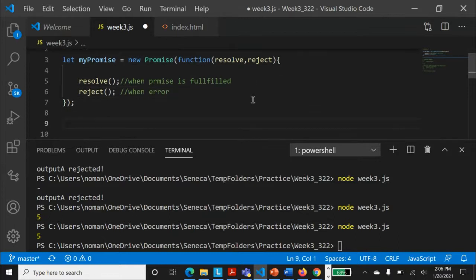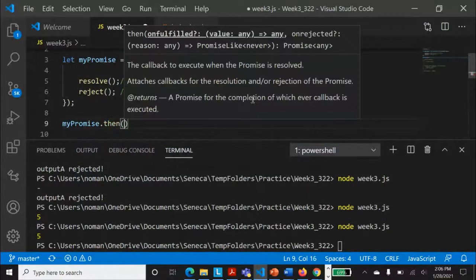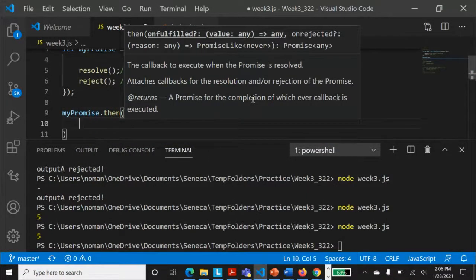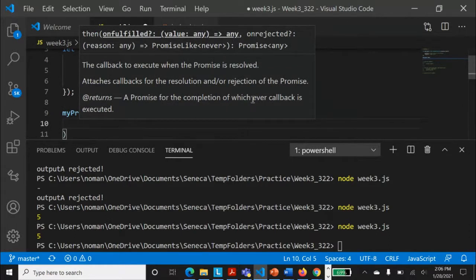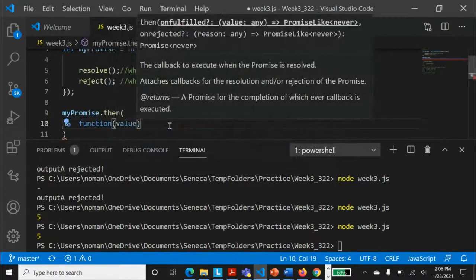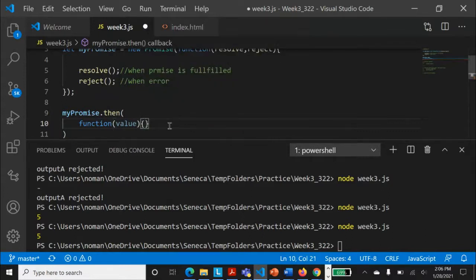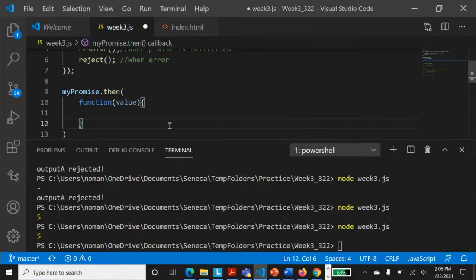Okay, so whenever you need to run this promise, you will need then. Then will be accessing those values, whatever has been passed, whenever that is resolved. So we can define a function with a value and a body over here, which is for then, when some value is coming from the successful part.